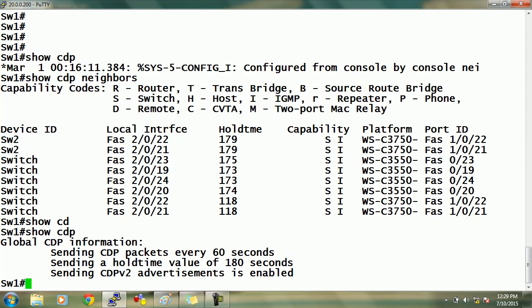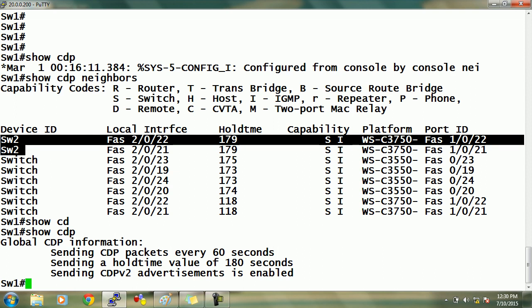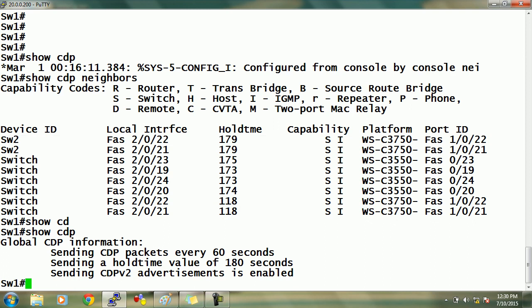CDP packets are sent after every 60 seconds. For me, if I want to remove your entry, I must not receive your packets for how much time? Before, you were sending CDP packets with the name of switch 1, now you are sending CDP packets with the name of switch 2, as your host name is changed. So, I will remove this entry, but after